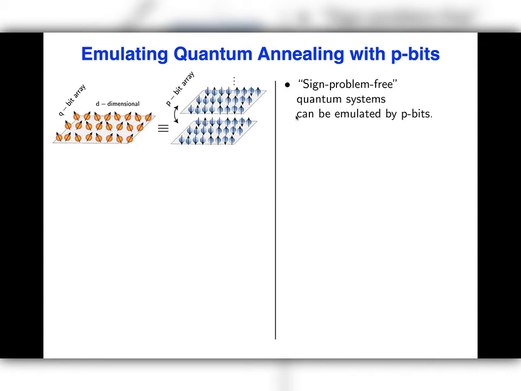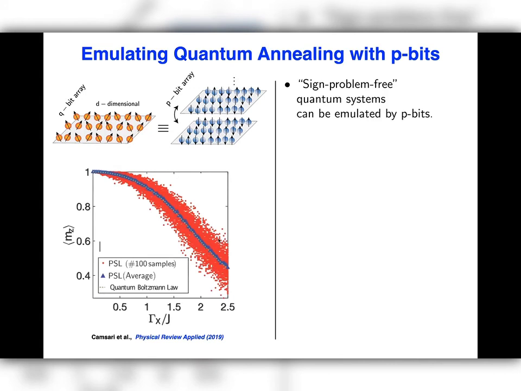The details of the simulation are not very important, but this is the average spin of a quantum system, which is solved exactly and with this p-bit approach. If you average the probabilistic result around 100 times or so, these red dots, which are each single samples from our probabilistic sampler, really fall on top of the exact quantum solution.